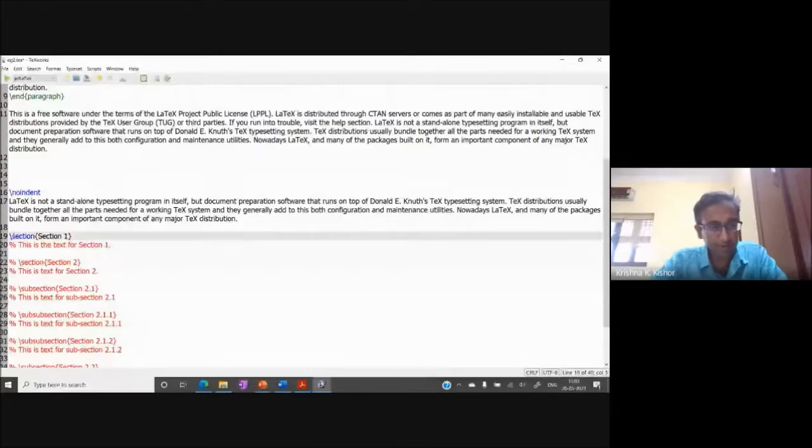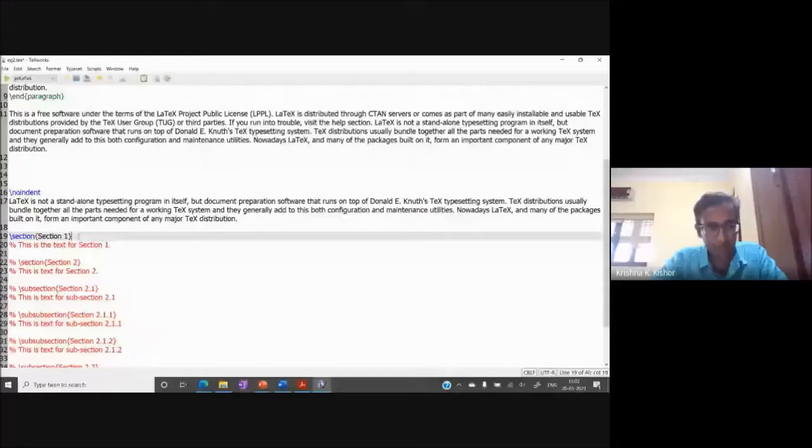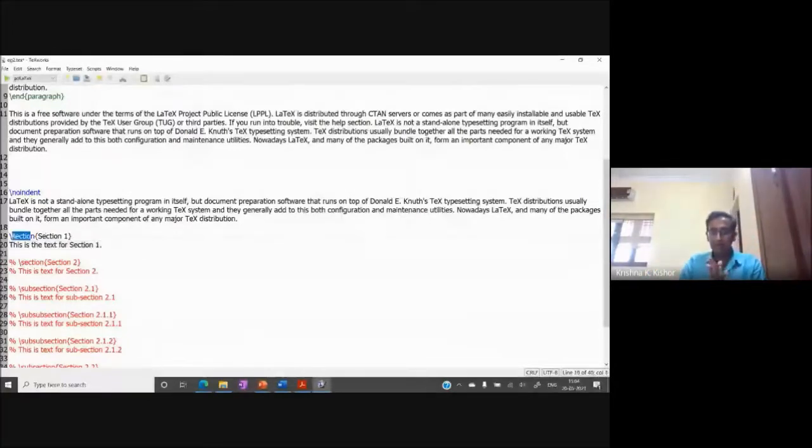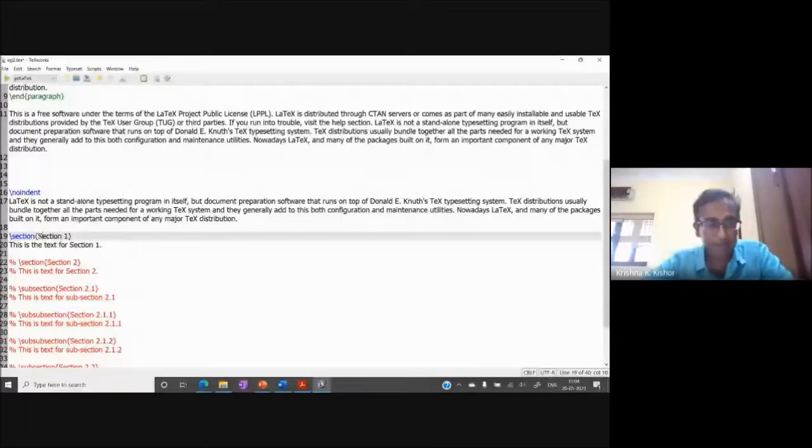And then typically you'll want something inside it as well. So you have a statement inside that section, and the first line is going to look like: this is a text for section 1. Okay, so let's compile this and see. So this is again the keyword in LaTeX, \section. The nice thing is I don't have to worry about the font style, the font size, and things like that. It's automatically taken care of. So let's see what the output looks like.